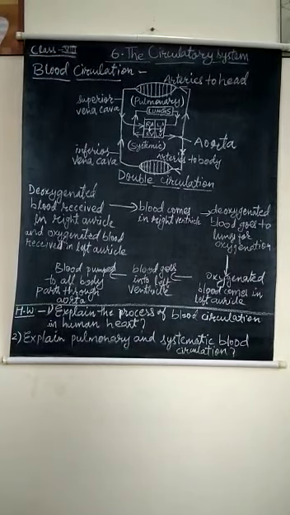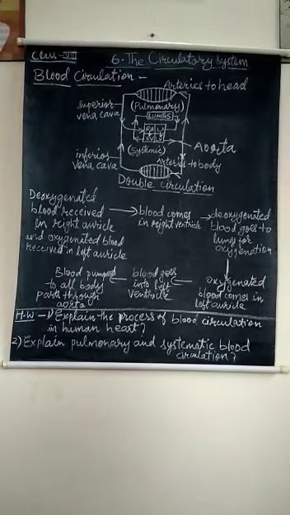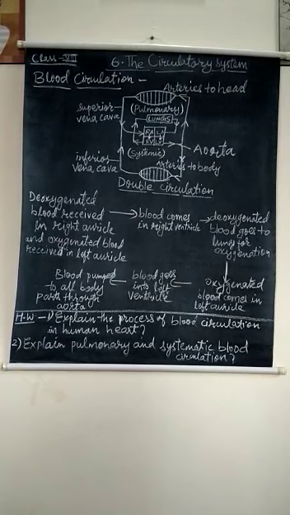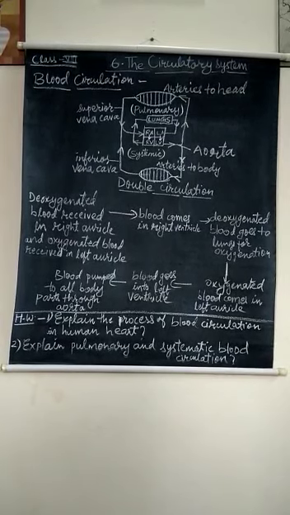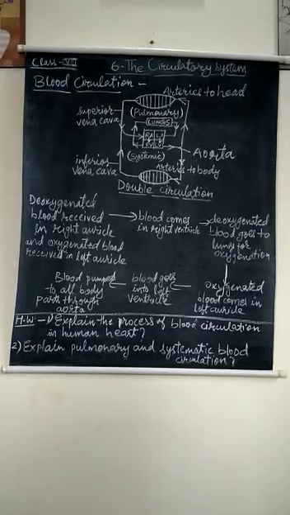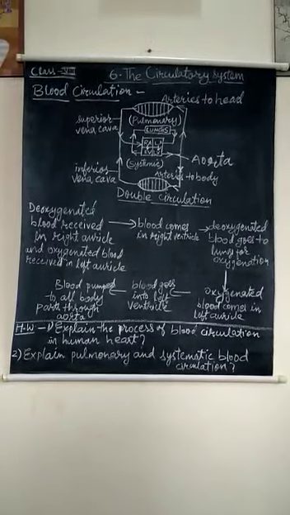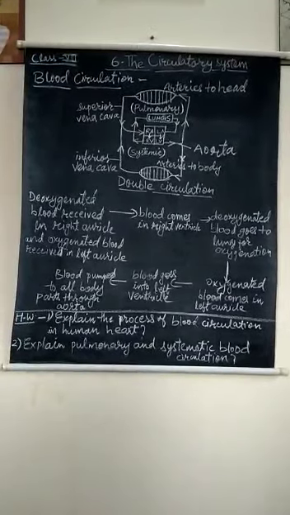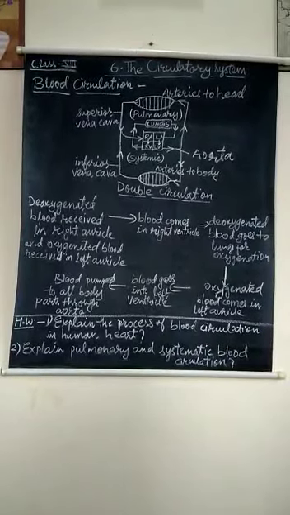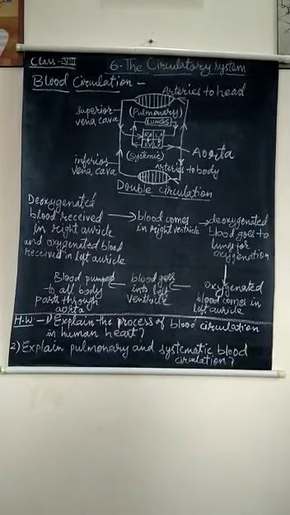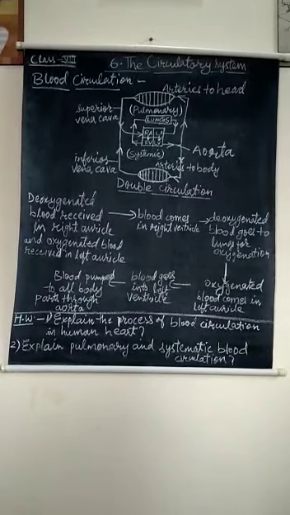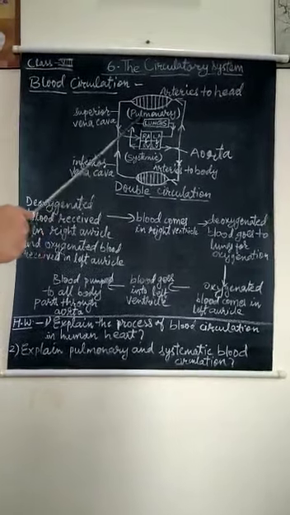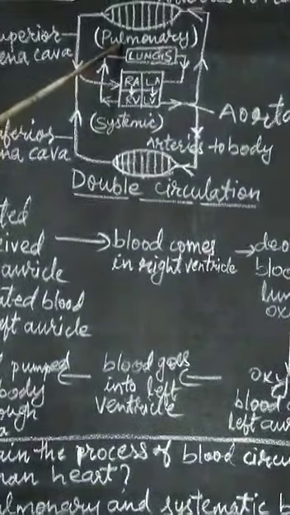The blood flows through the heart twice to complete one full circulation, and this is called double circulation. At first, blood flows from the right side of the heart to the lungs and then returns to the left side of the heart. This is called pulmonary circulation. As you can see here,